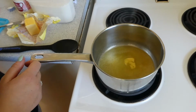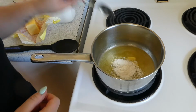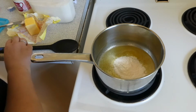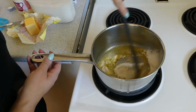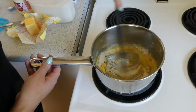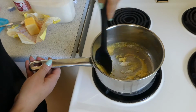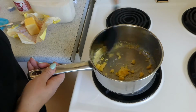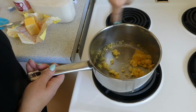Okay, so now that it's nearly fully melted, I'm just going to start spooning in amounts, and you'll see what I mean, how it starts turning into a paste. Start mixing it in. So see how it starts turning into a paste? Like so. And then when you've got it in this paste-like form,